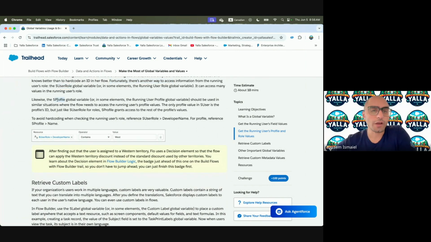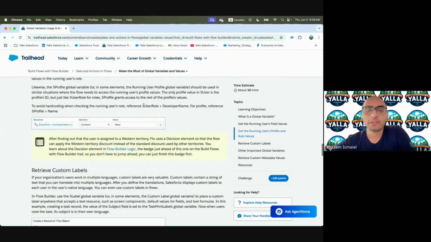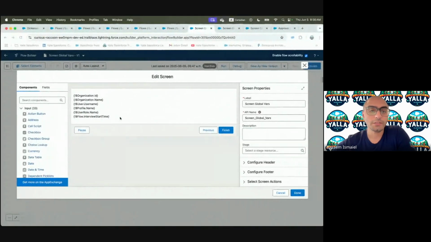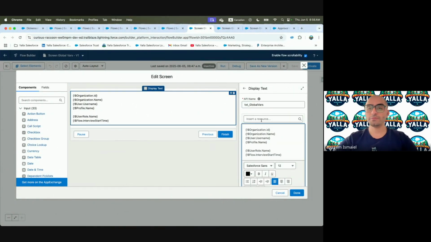Likewise, the $Profile global variable should be used in a similar situation when you need to apply that logic at the profile level. And we saw already that we can get in here the developer name for the profile, right? So let's add the developer name as they mentioned. So profile, and from the profile, I will go for the